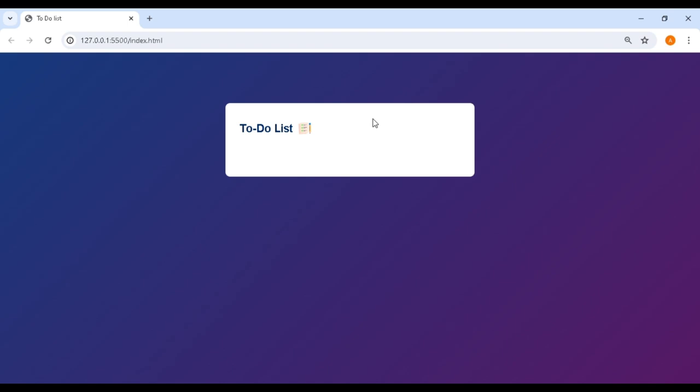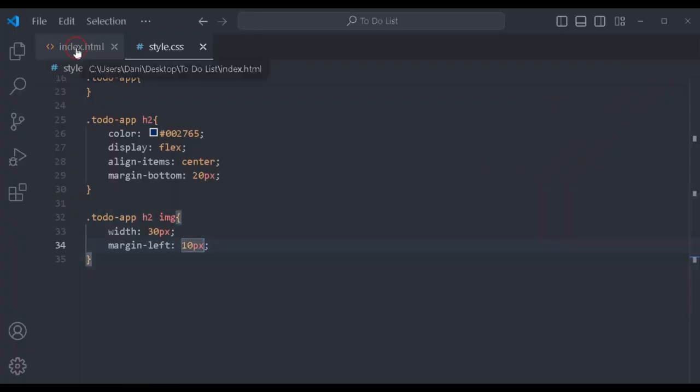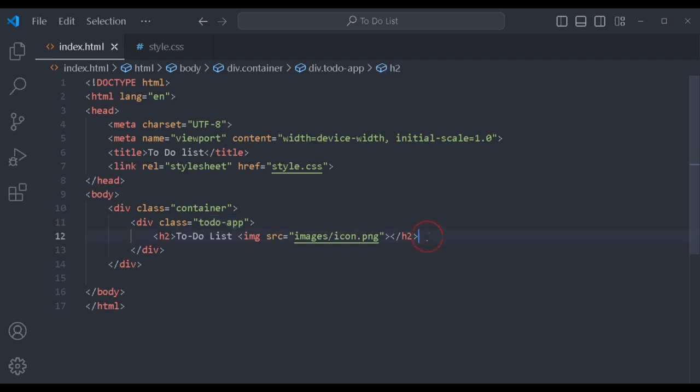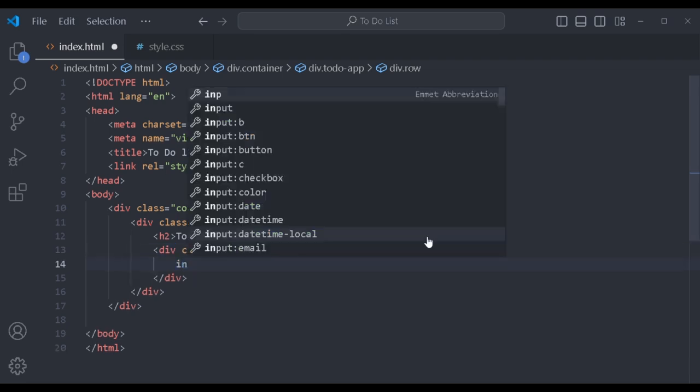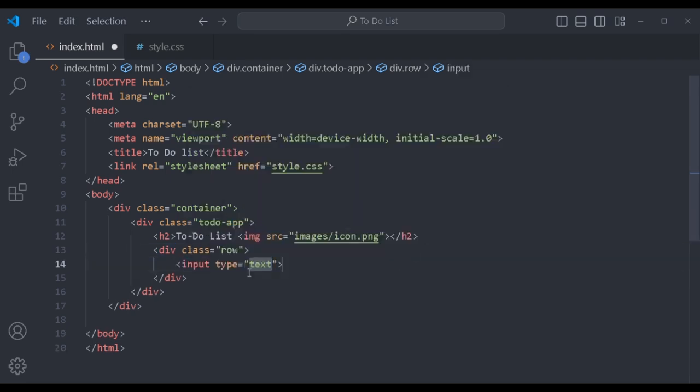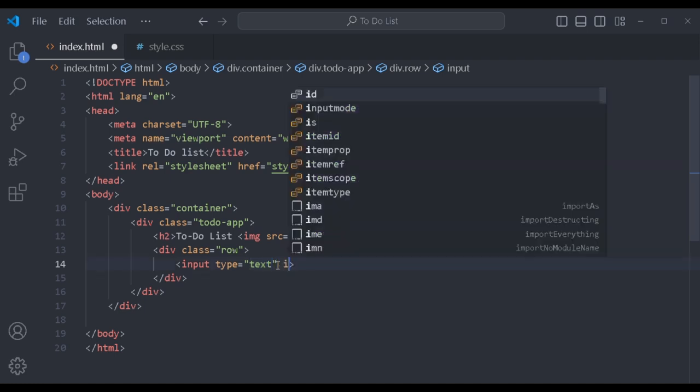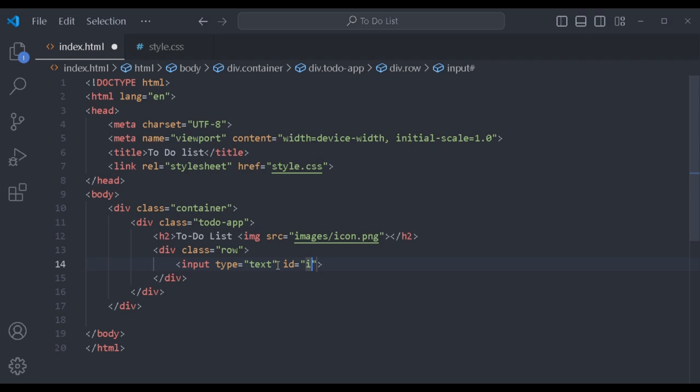Now we want to add a text box here with a button. Basically we will use this text box to enter our task. So for that let's come back to our HTML. After this HTML element, make a new div and give it the class row. In this row class there will be an input field whose type is going to be text, and we will also give it an id, and the id is going to be input